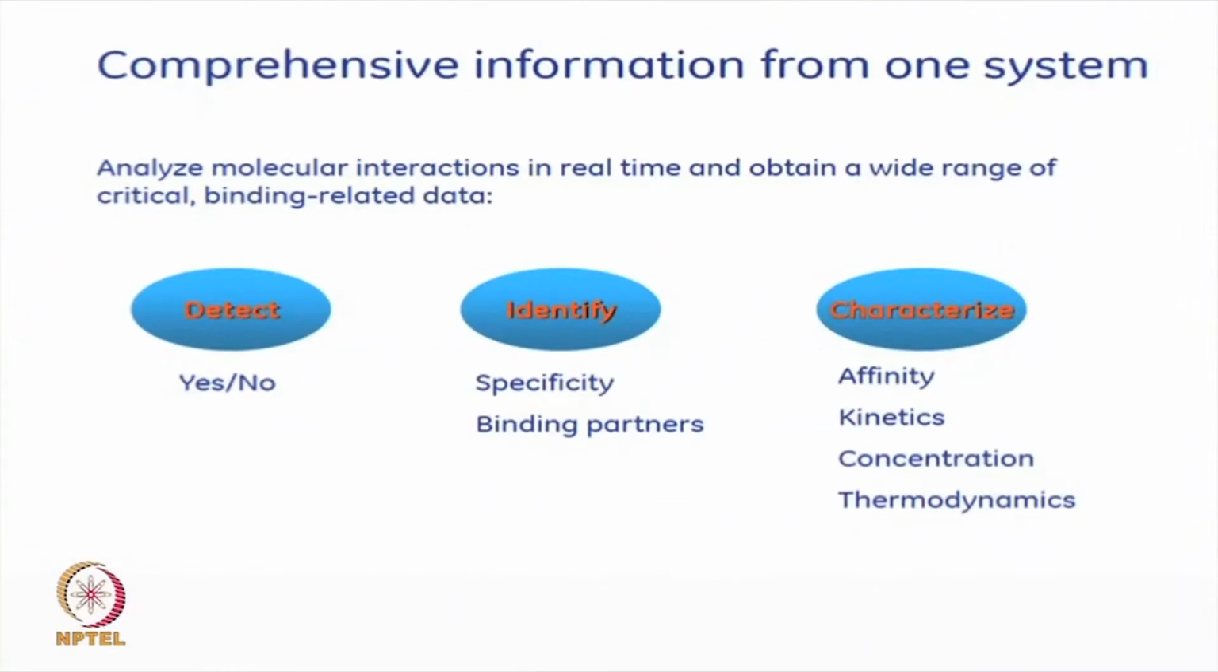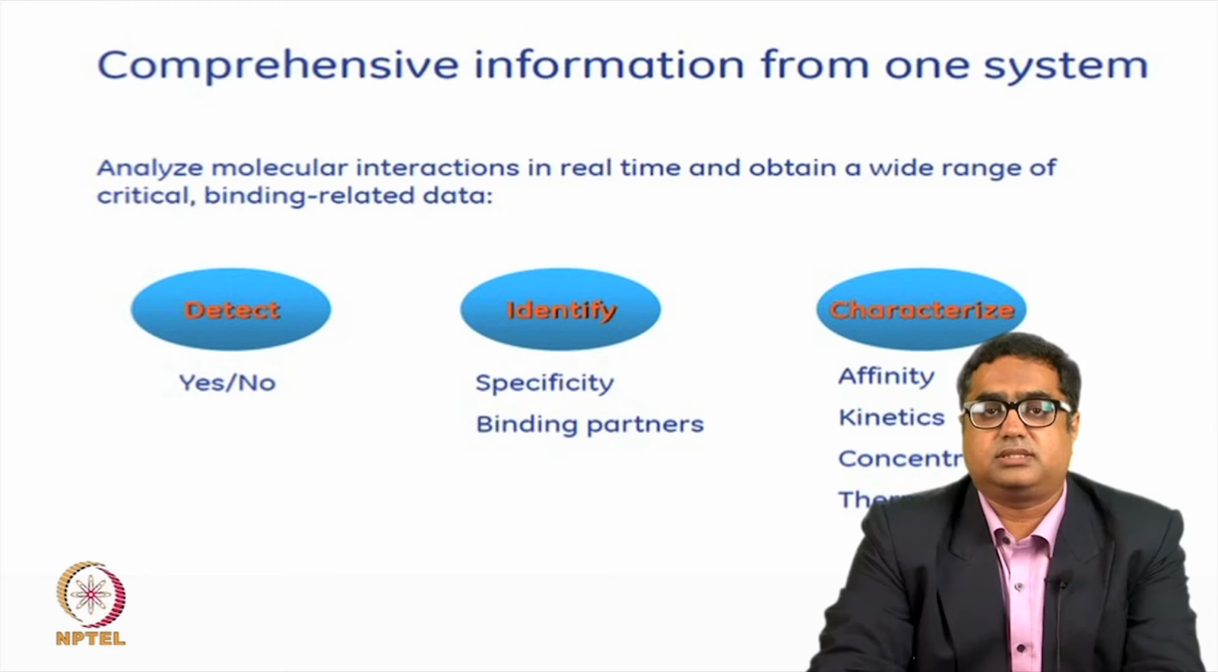So, once we have determined this part, then probably we will be able to understand how fast or how slow the molecules are interacting. And once we have come through this stage, I think it is very easy for us also to determine what is the exact concentration or how much amount of the analyte that is binding. From this kind of experimentation, the comprehensive information that one will generate are detect, that means yes and no